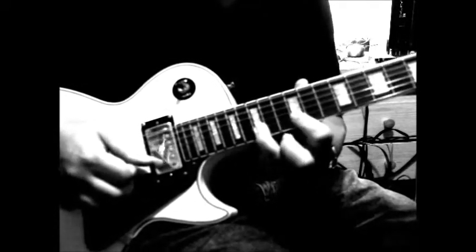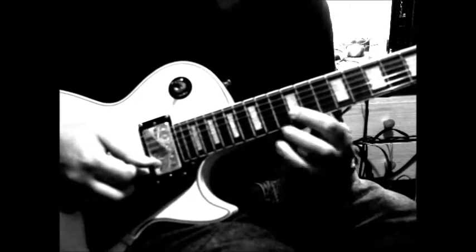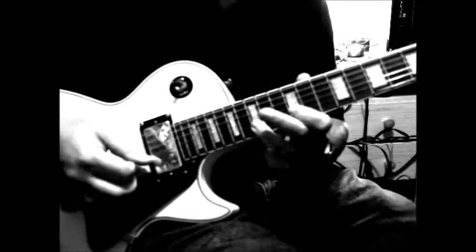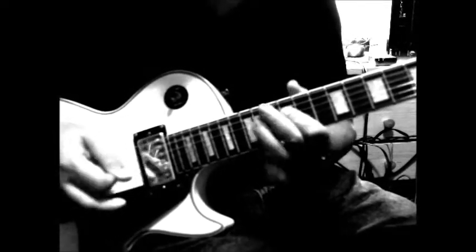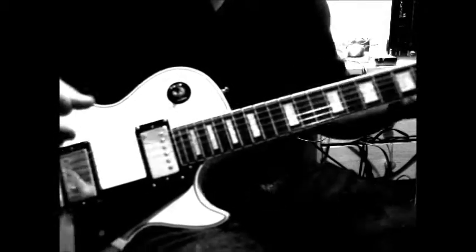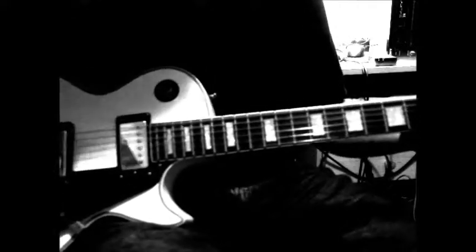Okay, now on the B string, that high D note, coming back to the B note, which is your 12th fret, so we're on the B string, D and B. Just those two notes, back and forth. Then that little weird formation again. And then we get that little drum solo, however long you want to do that, and finally come back into